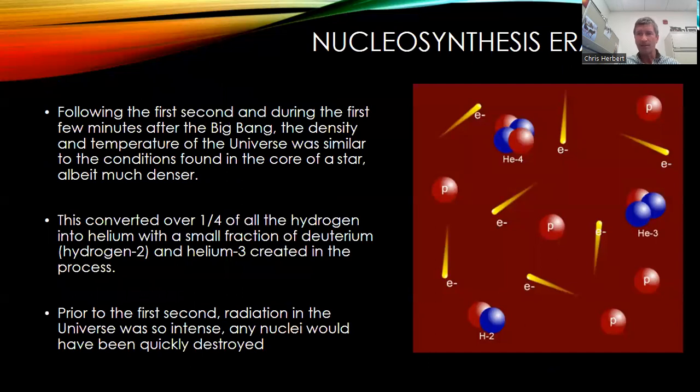So first of all, let's talk about the first nuclear fusion that occurred. When the universe first formed, from about the first second to the first few minutes, probably about 30 minutes, the universe was cool enough for nuclei to come together. Before the first second, the temperatures were just too high, and any nuclei that formed would have ripped apart. But after the first second, up until about the first half hour, the universe remained hot enough and dense enough